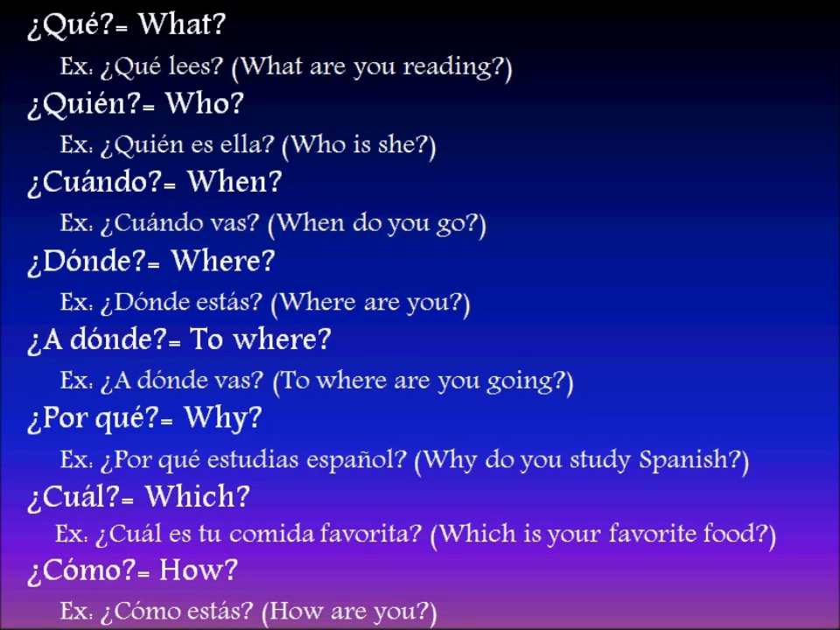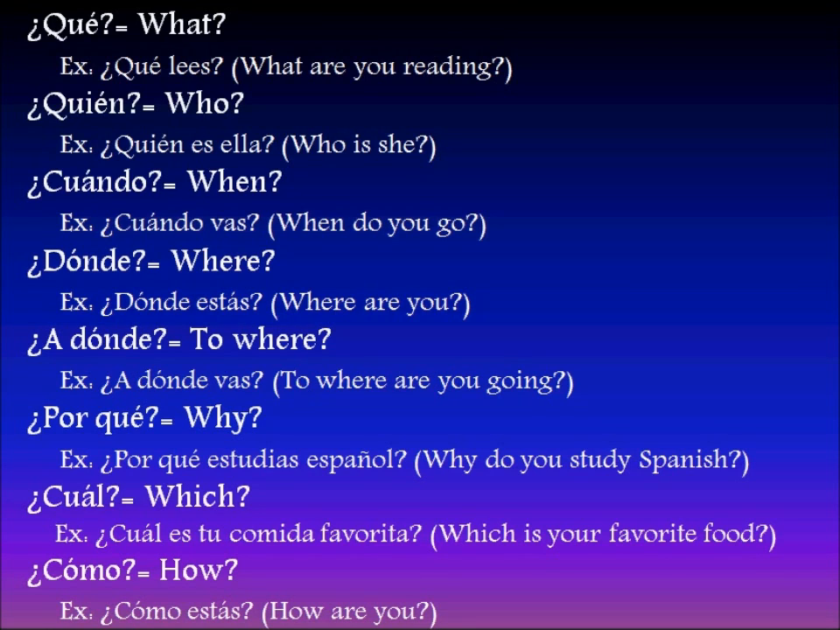So let's run through those one more time. I'm just going to say them. I want you to repeat them after me. What is ¿qué? Who is ¿quién? When is ¿cuándo? Where is ¿dónde? To where is ¿a dónde? Why is ¿por qué? Which is ¿cuál? And how is ¿cómo? So I would definitely practice these a lot, maybe make some flashcards, definitely practice them on your Quizlet,